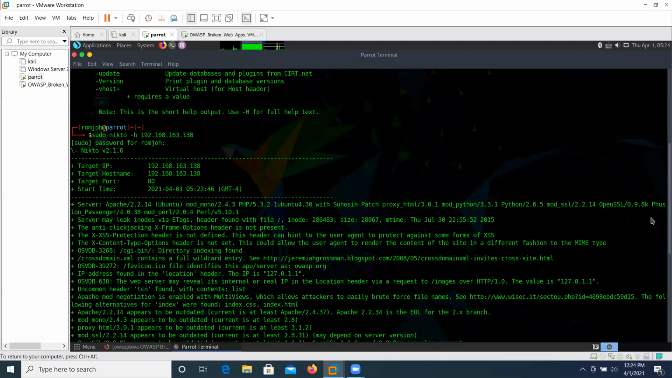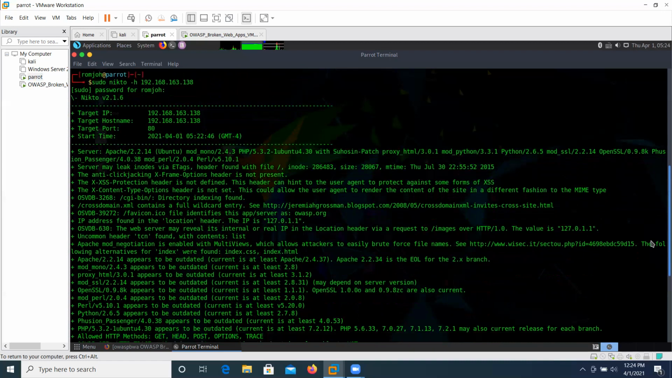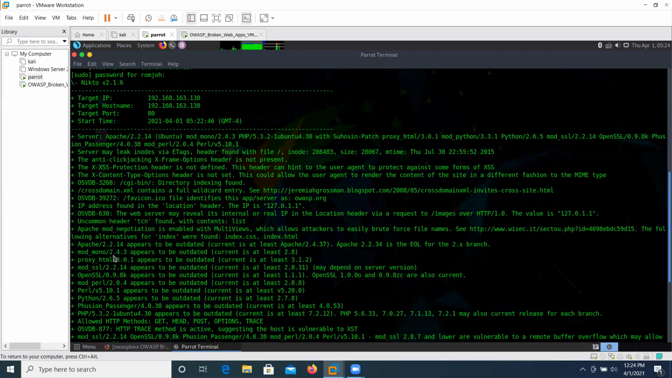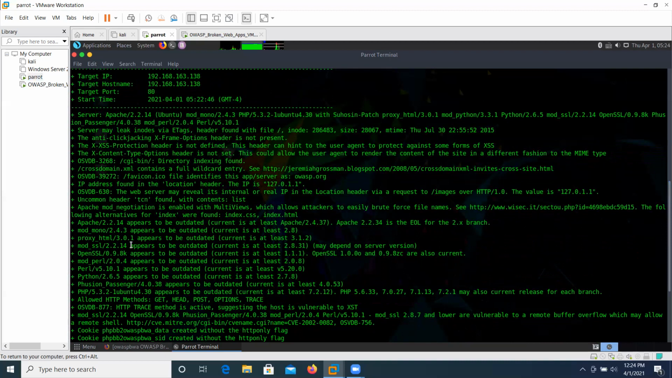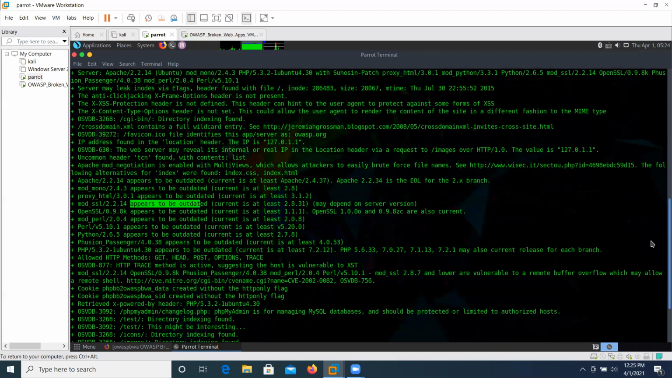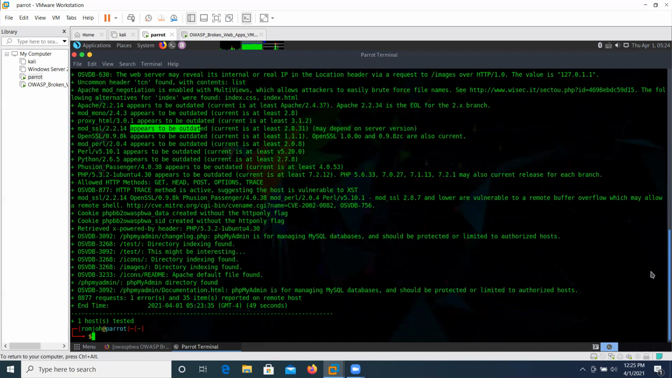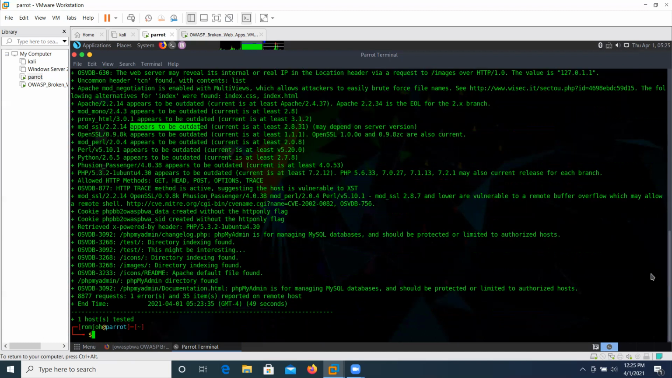Then we have some other information which you need to go through. Here you can see something like "appears to be outdated." That means you need to update. If Nikto tells you something is outdated, you need to take some measures and go ahead to update. We have some directory indexing, so that means we have a directory test. We also have another directory, images. If you want to check what is under images,